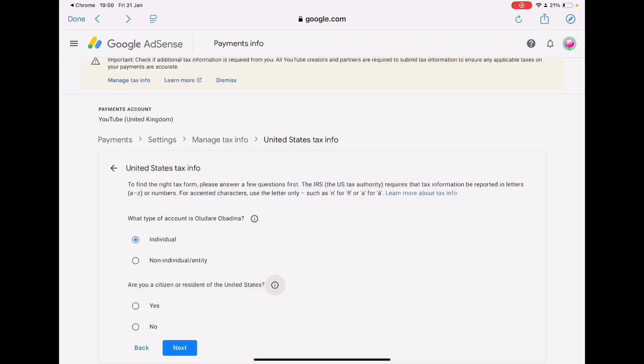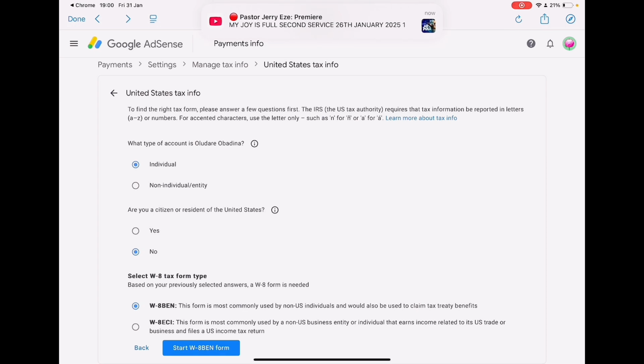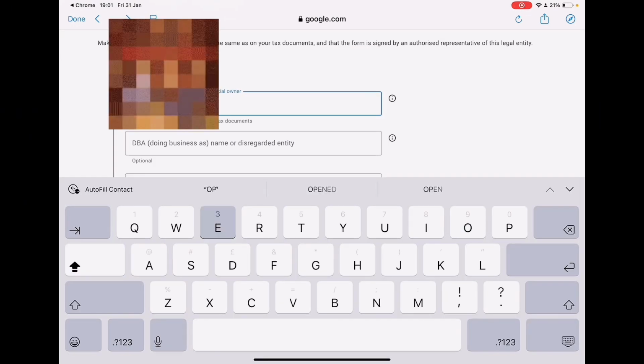So guys, in this part, I already filled the form, but somehow it didn't go through, so I had to start it all over again. So this part, I'll be filling the W8 form. I'll be filling that part, and then you see what I did. I click no, I'm not a resident of the US, and I go to next, and I click W8BEN, and I start the form. Put in the full name,